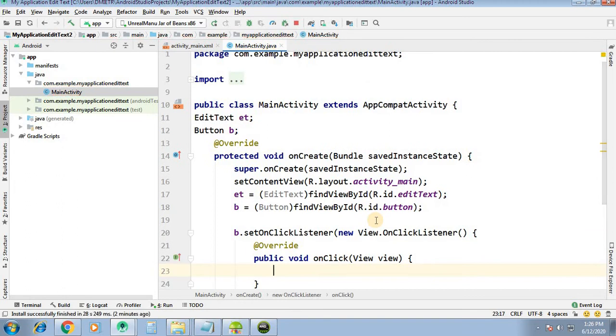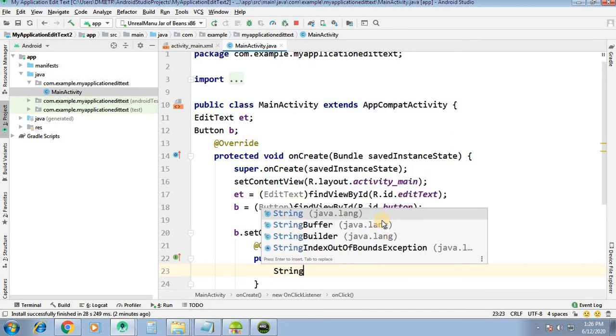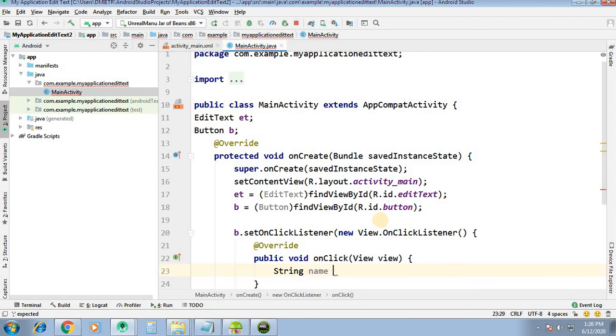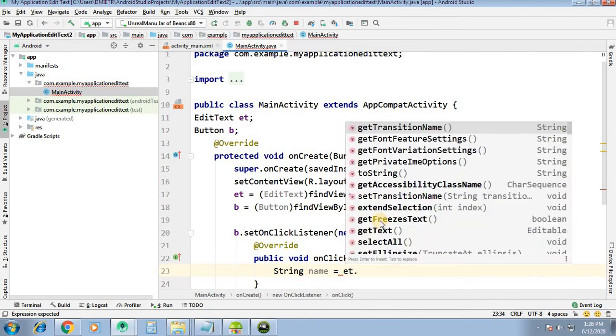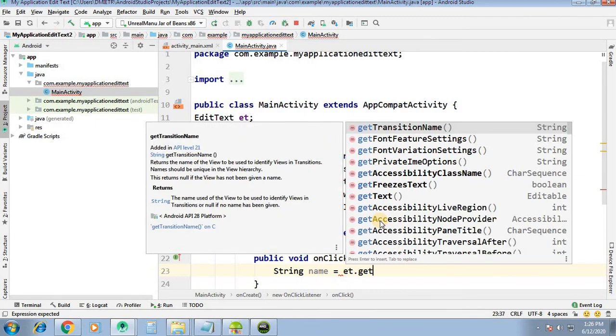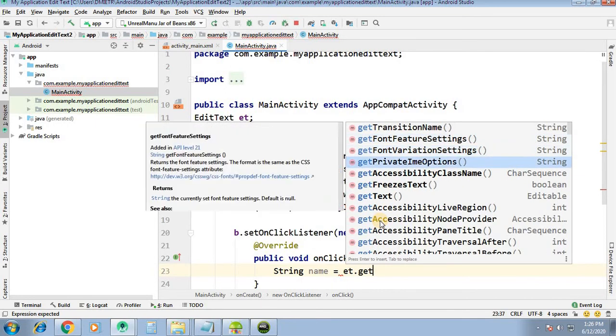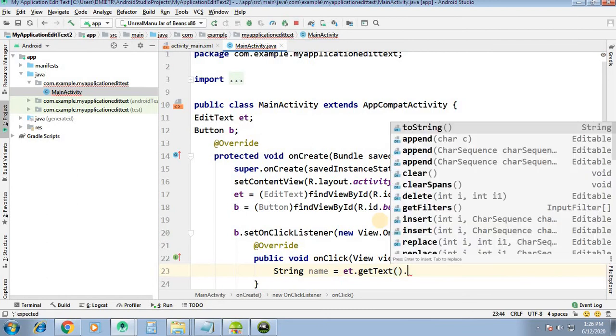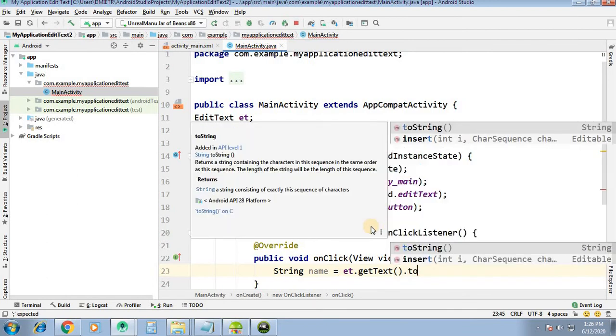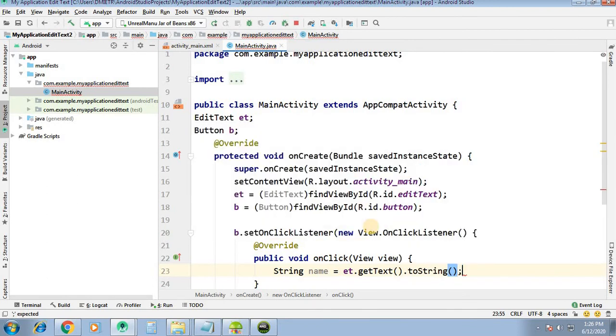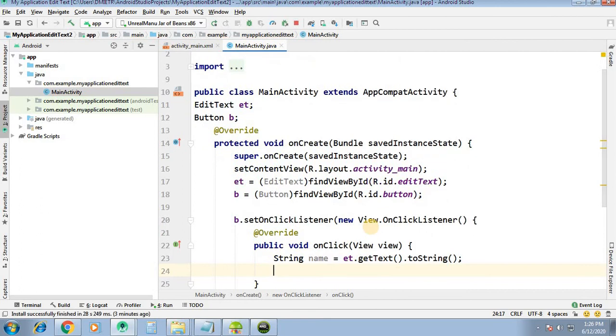Here we will take some string name equal to et.getText, and we will convert it into a string. So the method is toString. Okay, so whatever value a user is going to enter comes into the name.